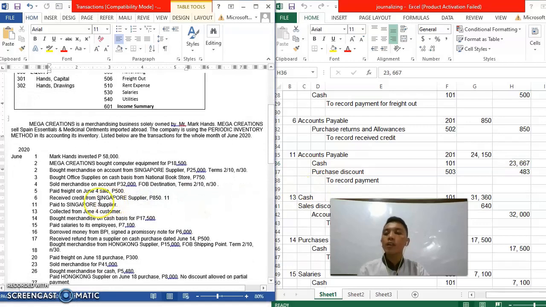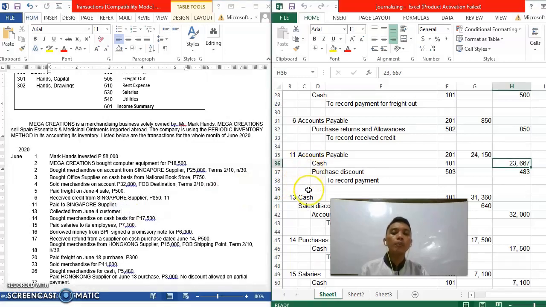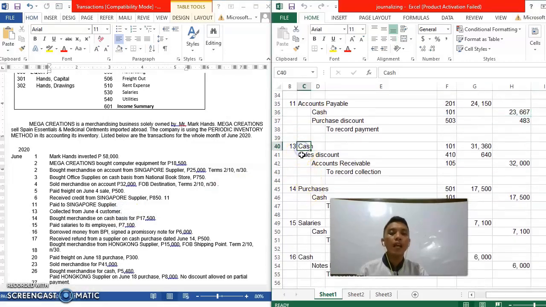Next transaction, June 13, collected from June 4 customer. This time, those who purchased from your company will have to pay their accounts receivable. So the debit entry would be cash. You receive cash, and then same thing as what we have in June 11, you're also going to give a discount to your